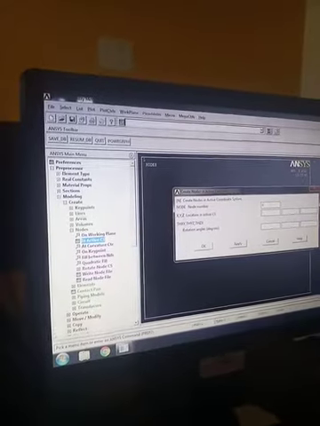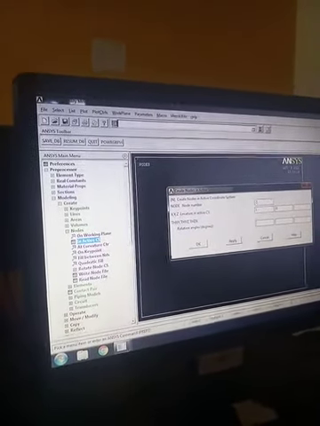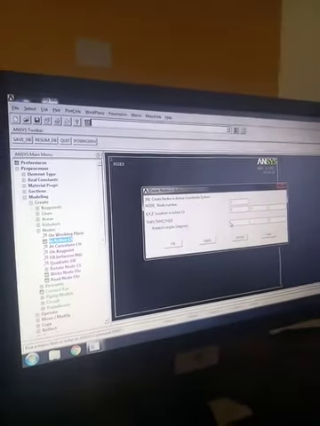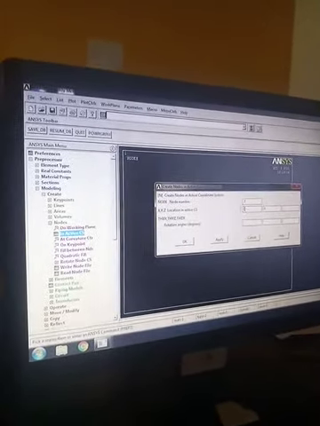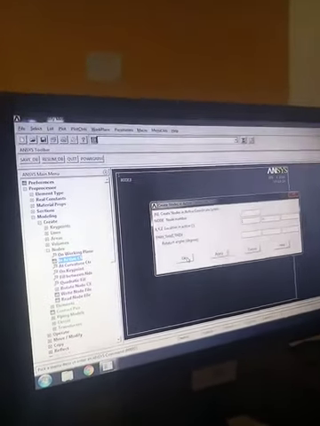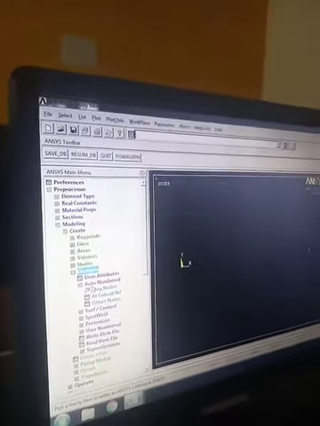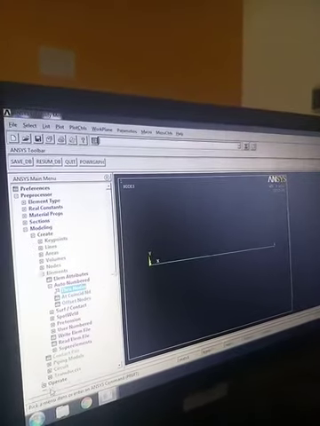First node is 0, 0, and the second node, as per the given question, is 1, 0. Then go for Elements, Auto Numbered, Through Nodes, select the first node and the second node, give OK.